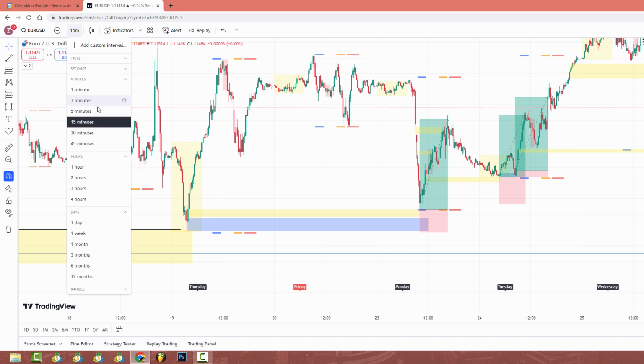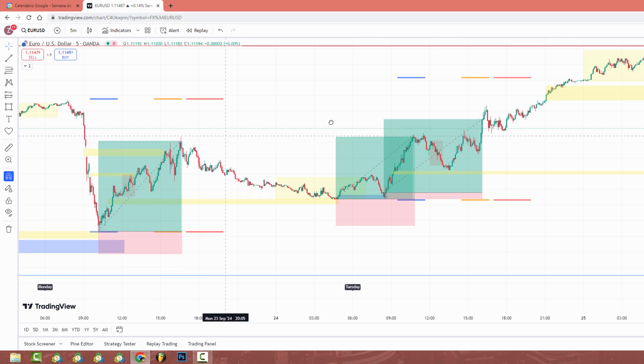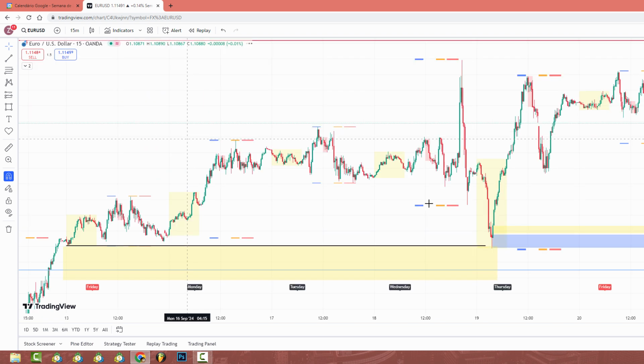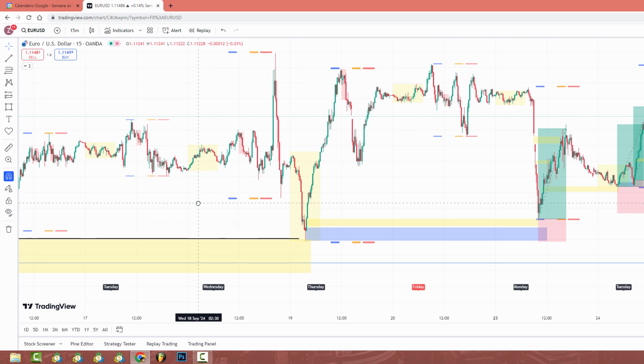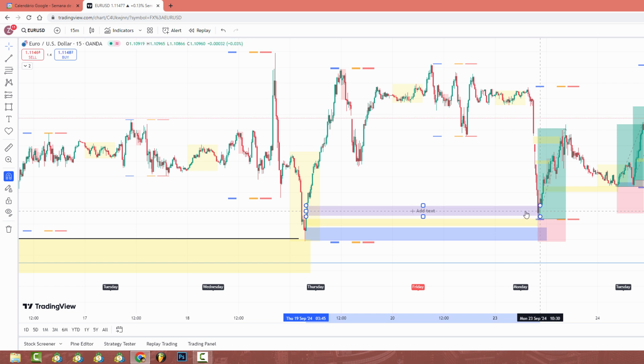Okay, I think the 5 minutes is quite better to explain this. Yeah, because you can see the 5 minutes has gaps, and gaps are even more important than imbalances. It's even more of a magnet, because they're like holes in the market, and the market doesn't like holes. And another thing that's interesting, here you have another imbalance. But why did I say this imbalance is even more of a magnet than a normal imbalance? Because this is an inverted fair value gap, or a BPR,